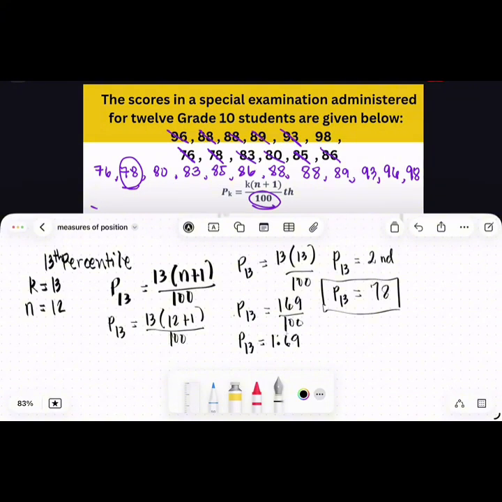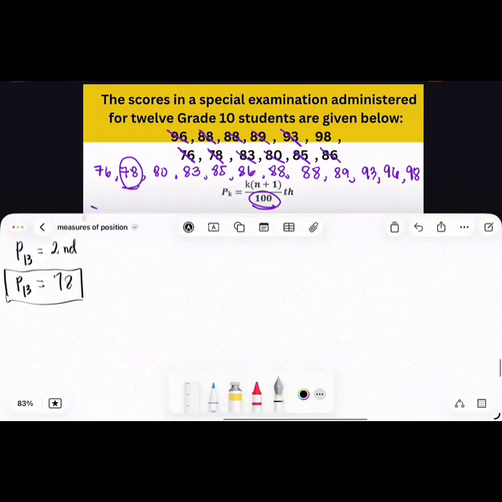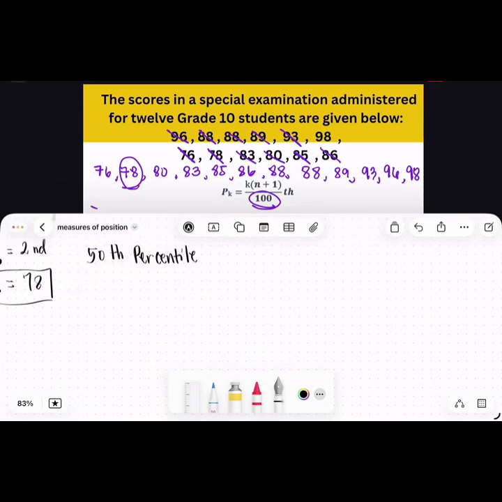Okay. Now, proceed in solving the 50th percentile. Since it is percentile 50, this is the median. Using the formula, percentile 50 is equal to 50 times n, which is 12 plus 1, all over 100. Next, we follow the formula. So percentile 50 is equal to 50 times 12 plus 1, so that is 13,